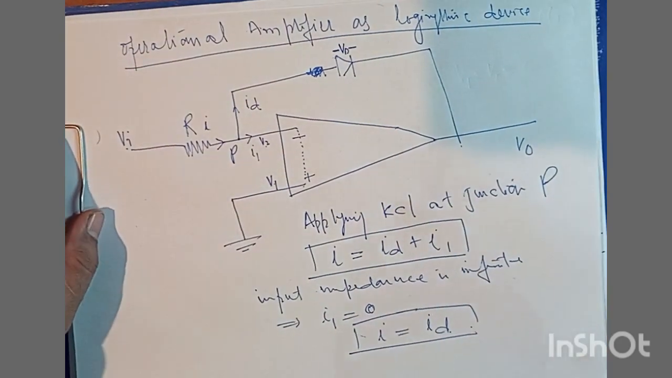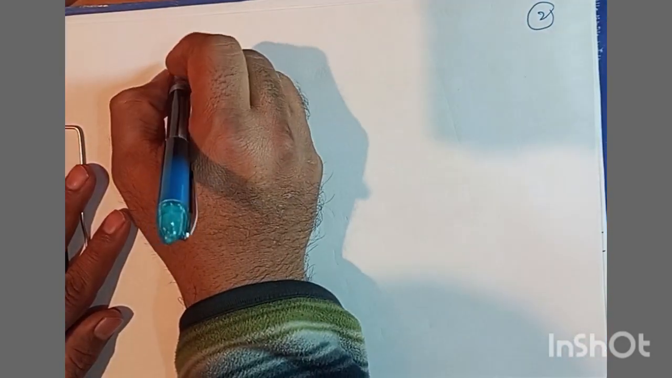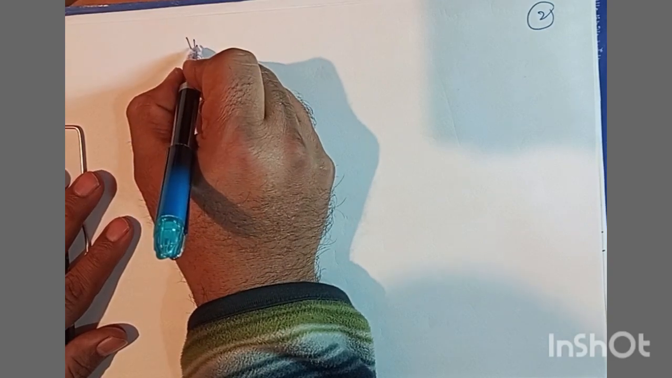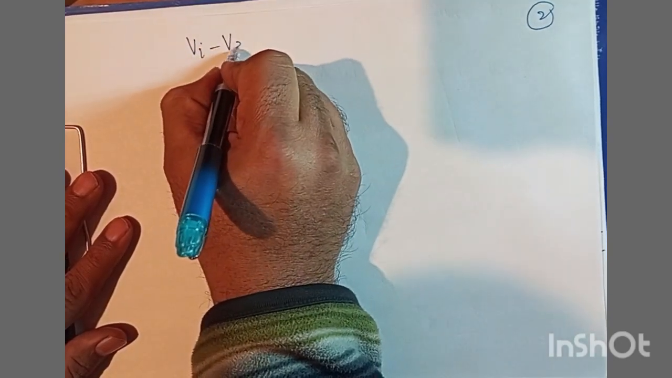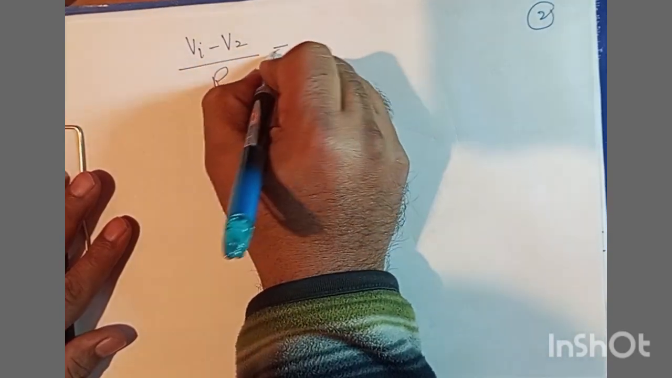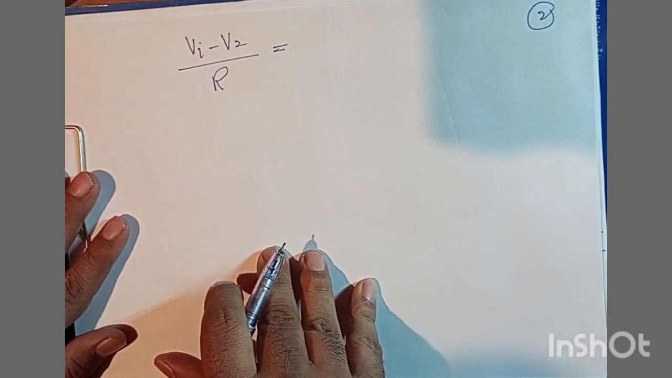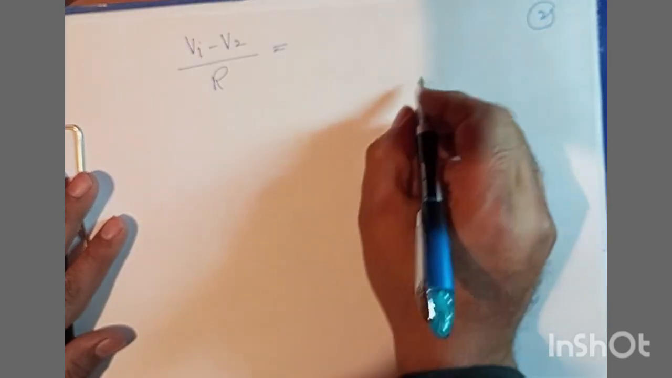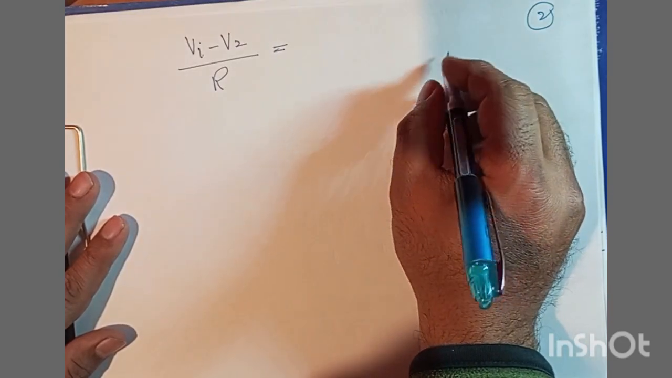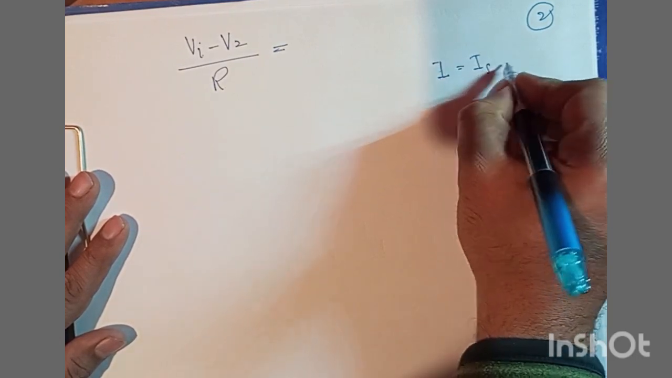For I, I have VI minus V2 divided by R. Okay, this is equal to ID, the current that's passing through this PN junction, and for that we have an exponential equation for the current through the diode, that is I is equal to IS e to the power of